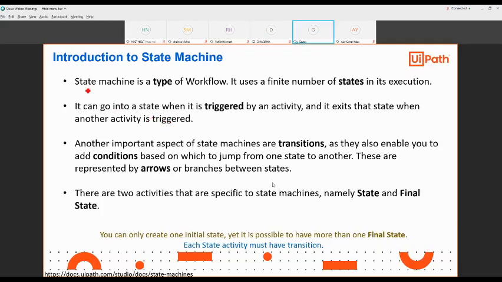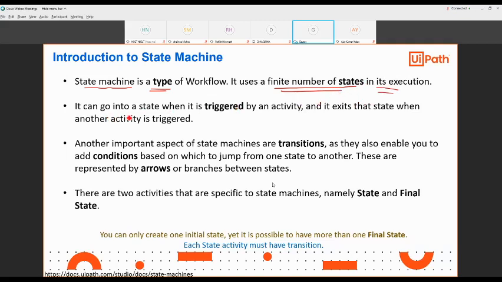State machine is a type of workflow that you have already seen. It uses a finite number of states in its execution. Like if you know how many states are there, then you can use this kind of state machine.